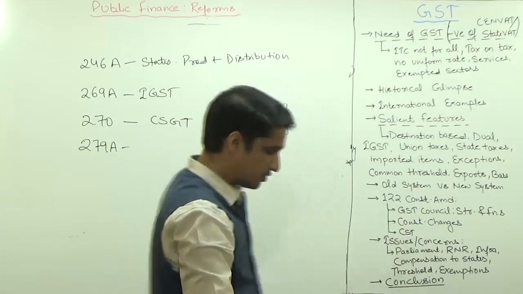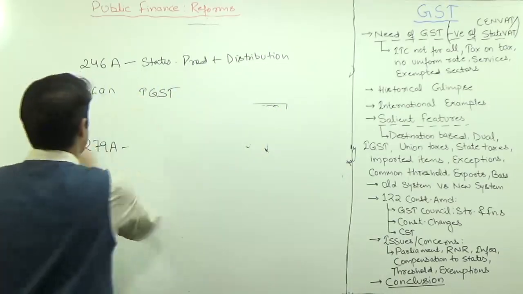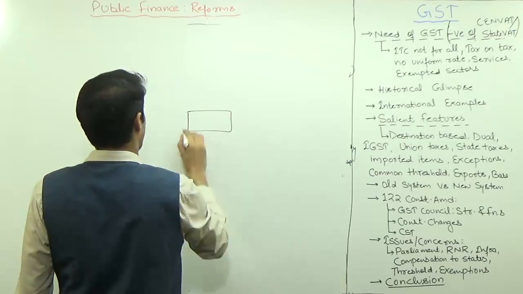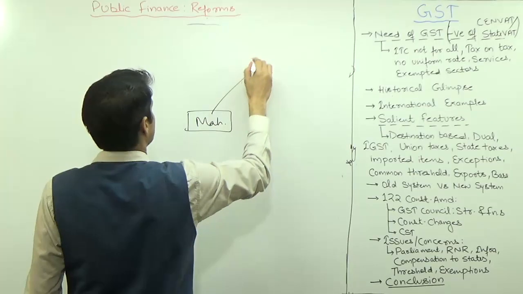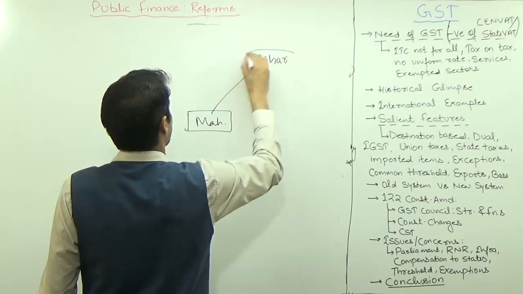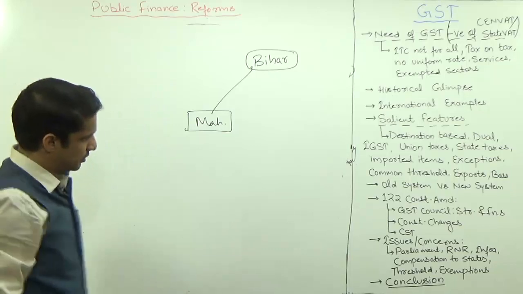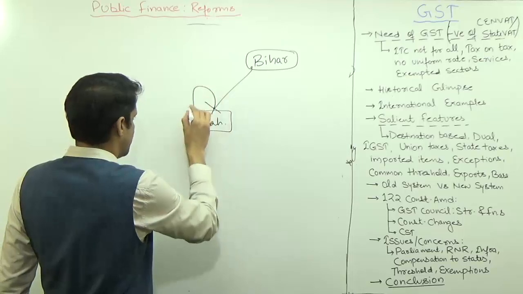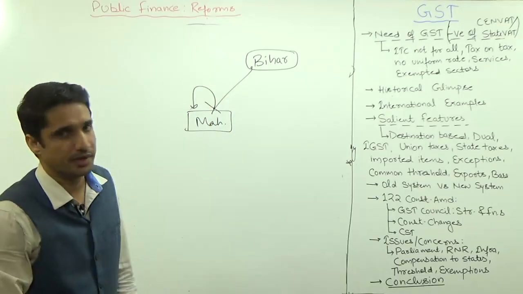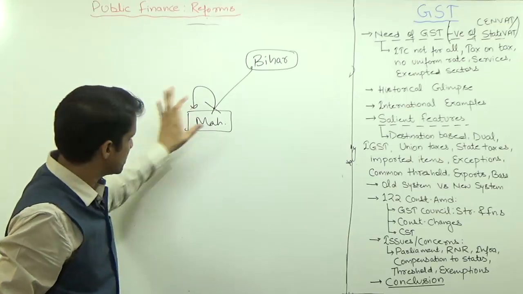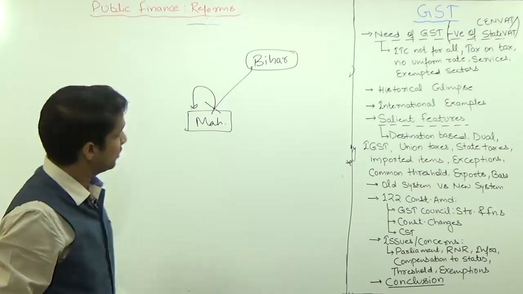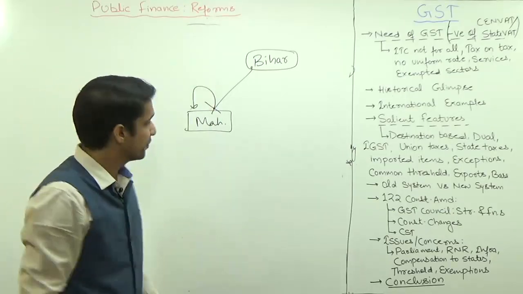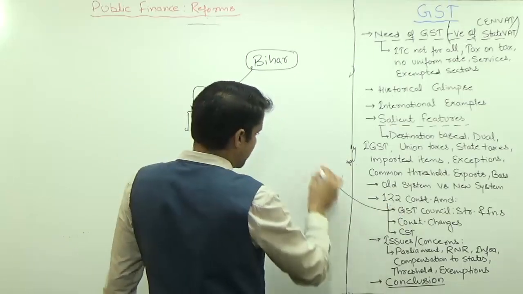And then the problem of CST, Central Sales Tax, the third one, is that the states are saying, again we will shift this marker from Maharashtra to Bihar. Central sales tax is a tax which is being given to Maharashtra by the union government. What the Maharashtra government is saying is, once GST comes, this CST will be removed. So when CST is removed, we need compensation. So the union government is saying we will compensate you. This GST Council will decide